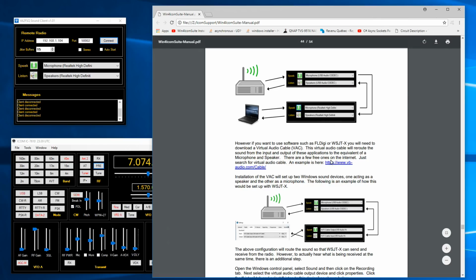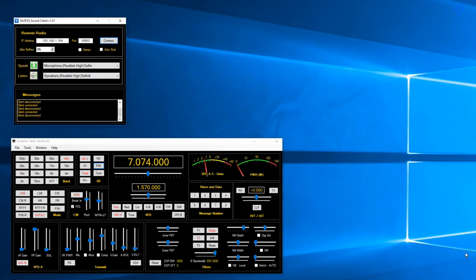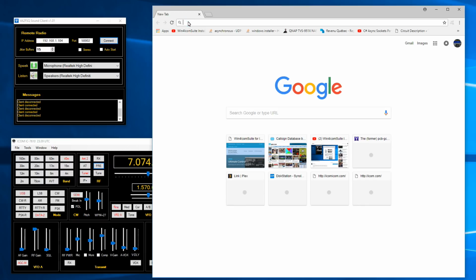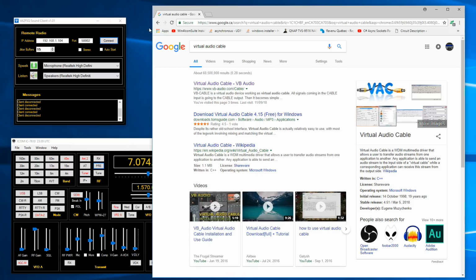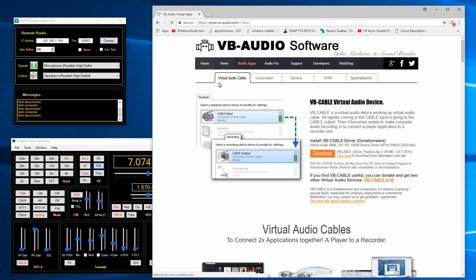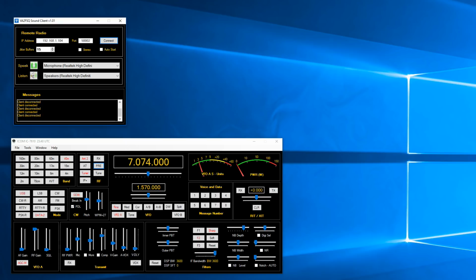So the first thing I'm going to do is download this virtual audio cable. It's a free application, and if I just search for virtual audio cable, this is the first hit. Take that. We can then just click on download and do the installation. This will make two devices in the Windows Device Manager, a cable input and a cable output. So when you open up WSJT-X, which I'm going to do right now,